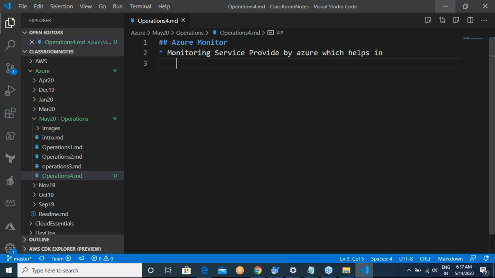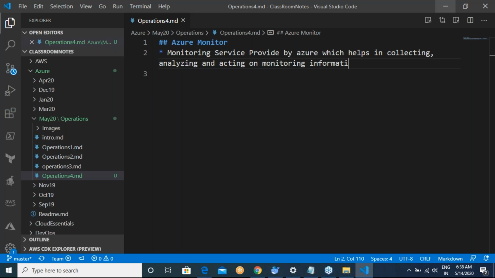which helps in collecting, analyzing, and acting on monitoring information collected from Azure as well as on-premises workloads.